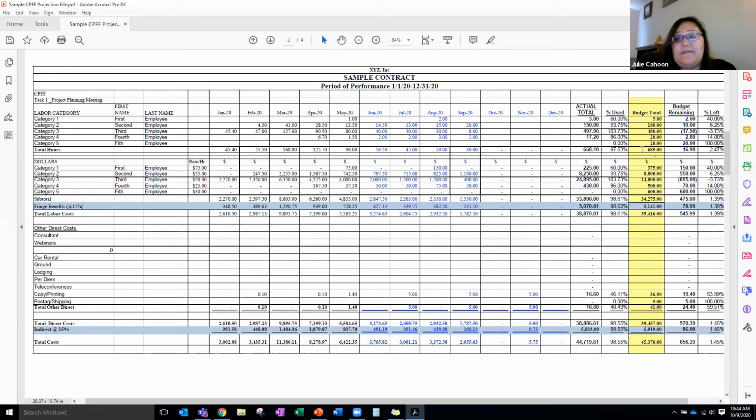So just based on this projection here, we've used about 444,000. There's about 656 remaining. And if you look over here at the budget remaining for the labor for each of the staff, you'll see right here, this is something that will flag you, the third employee